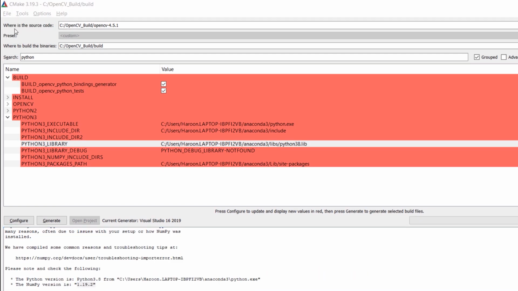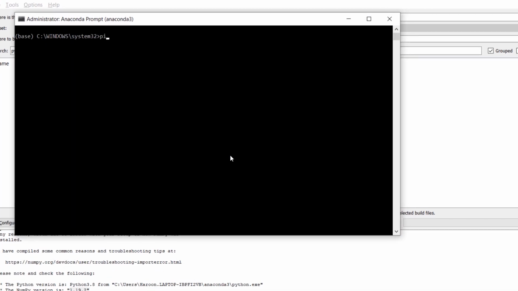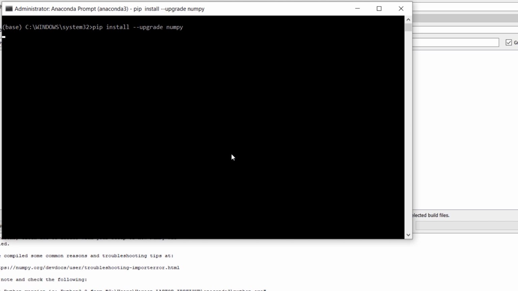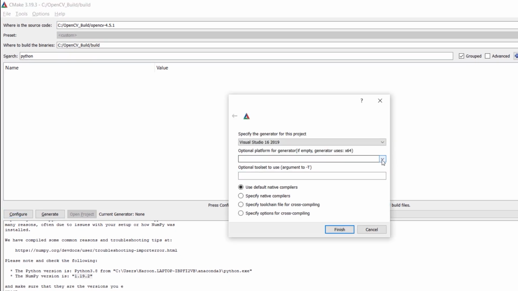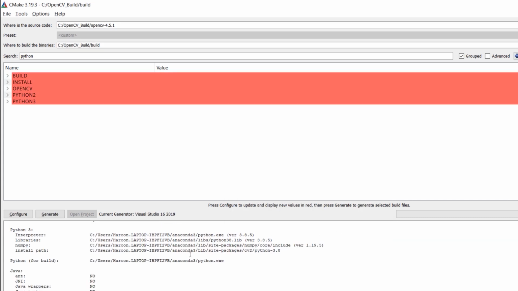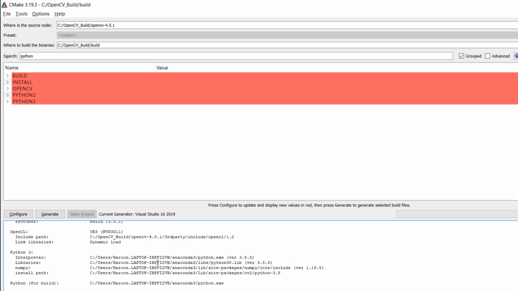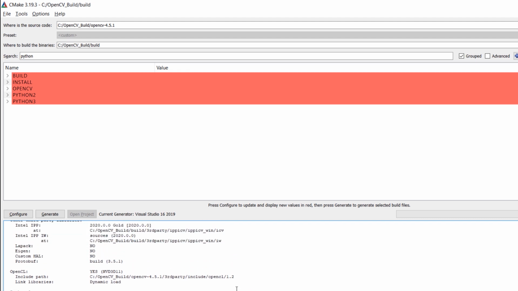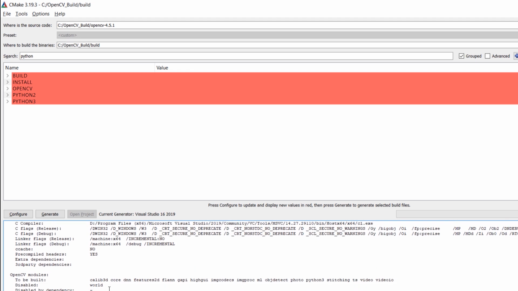First of all, delete the CMake cache. Now I am going to open Anaconda prompt and upgrade NumPy to version 1.19.5. When that's done, come back to CMake GUI and hit configure again. This time you will see this additional block of information which shows that Python 3 bindings will be built for the base environment with your Python version. In my case, it will be built for Python 3.8, and if we scroll above in OpenCV modules, we can see that now OpenCV will be built for Python 3 as well.